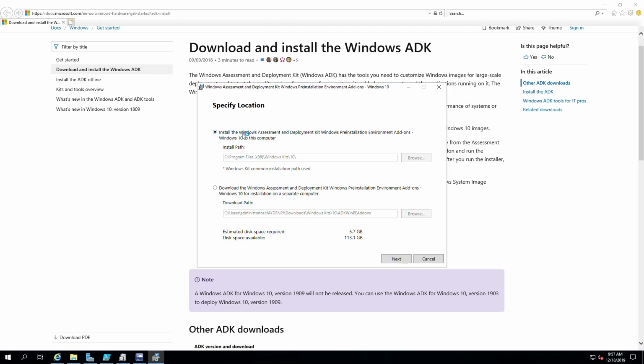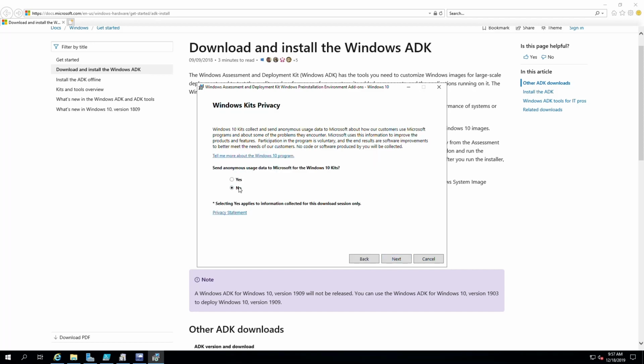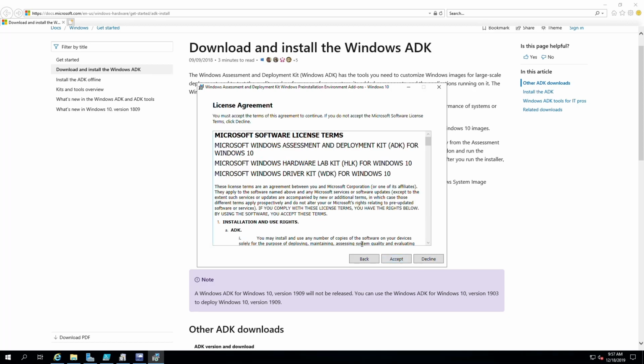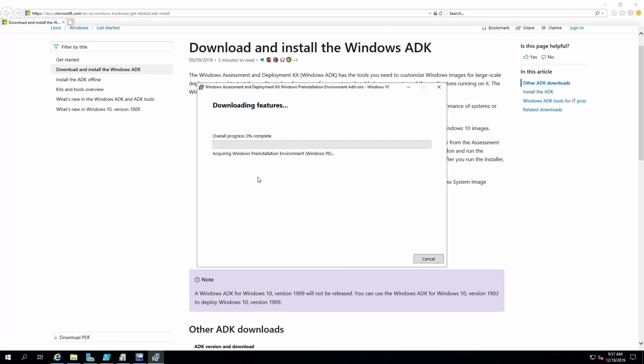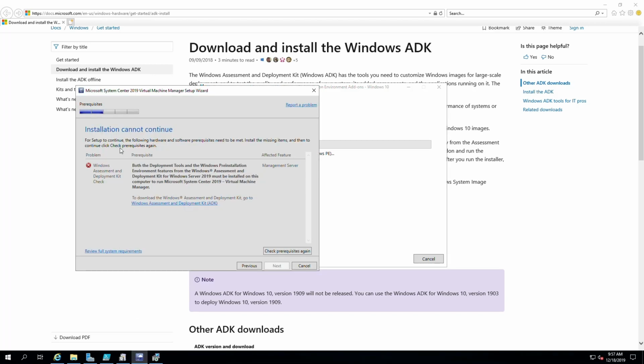And again, instead of installing it directly, I'm going to download it first. It's a bit bigger, so it requires 2.8 gigabytes of free space. So I'm going to say next. Again, I'm not going to send anonymous data, accept the licensing terms, and now we're off to the races for it to install. So we'll let this run, let this install, and then we'll come back and run the installation, and hopefully this will be the correct thing, because the documentation, or at least the error prompt here,